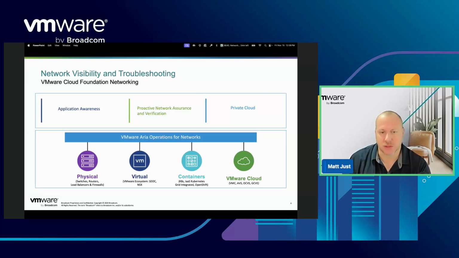extending that visibility into the physical networking elements supporting that VCF infrastructure within the data center, such as our routers, switches, load balancers, and firewalls, so that we can truly understand how those applications are consuming the infrastructure, both virtually and physically, and what those dependencies are. And when I talk dependencies, it's going to be key to understand those dependencies when we look at